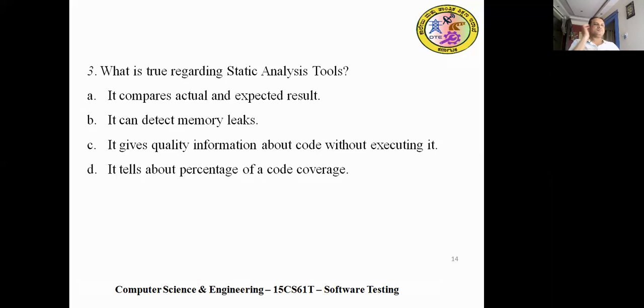Somebody? It gives quality information about code without executing it. Yeah. So your code will not be executed at all. The tool will use the code and will give you various information, like whether the coding guidelines are met,